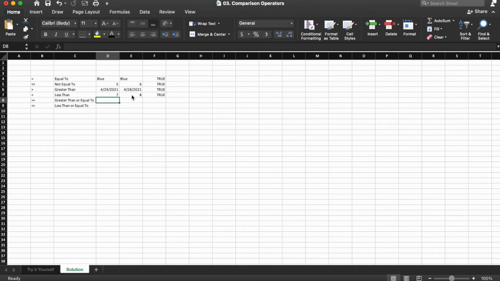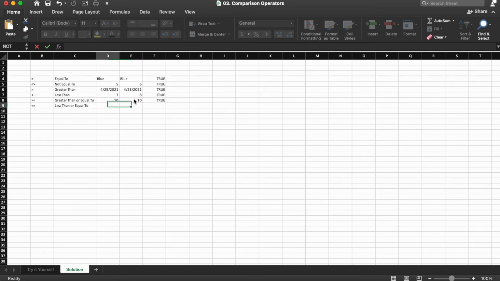And then we'll move down to cell D8. In row 8, we're going to do greater than or equal to. In D8, let's put the number 10, and in cell E8, let's put the number 10 also. And then we're going to do equals D8 greater than sign, equal sign, and then E8.